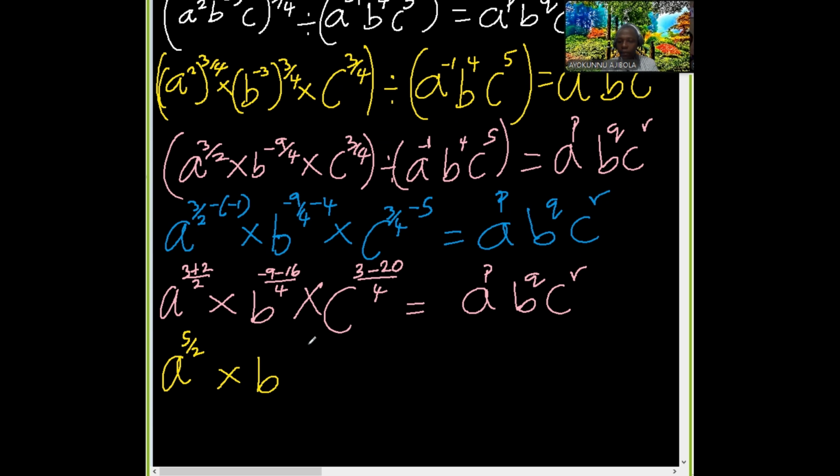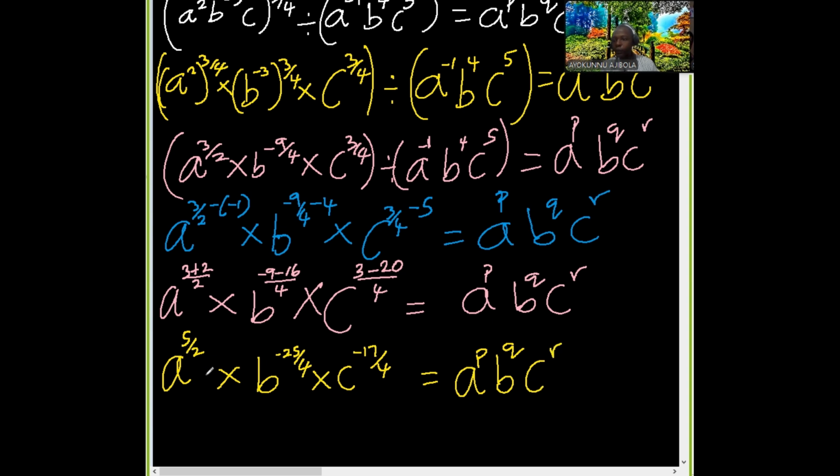Minus 9 minus 16, minus 25. So that will be minus 25 over 4. Then times C. What is 3 minus 20? Minus 17 over 4. Equal to A raised to power P, B raised to power Q, and C raised to